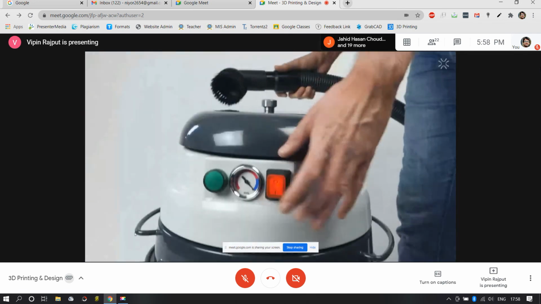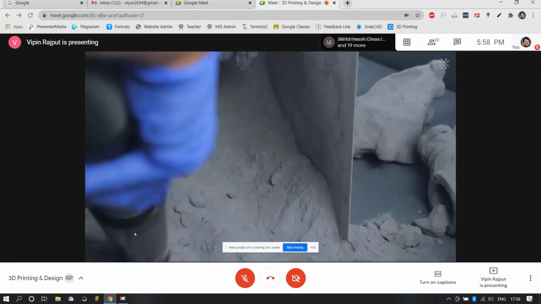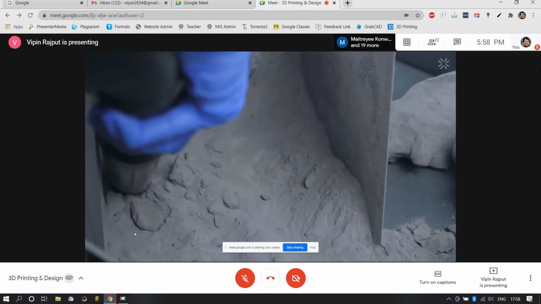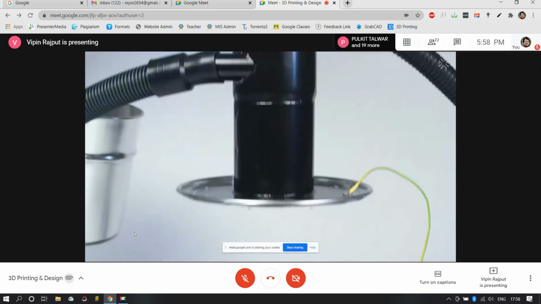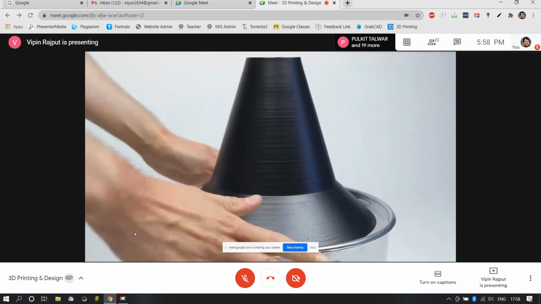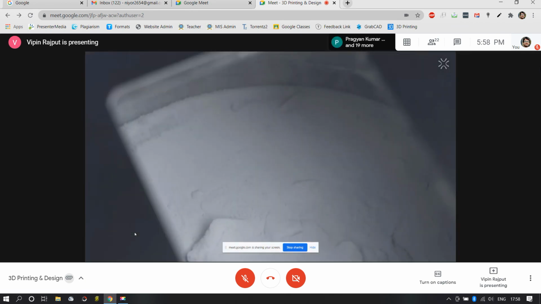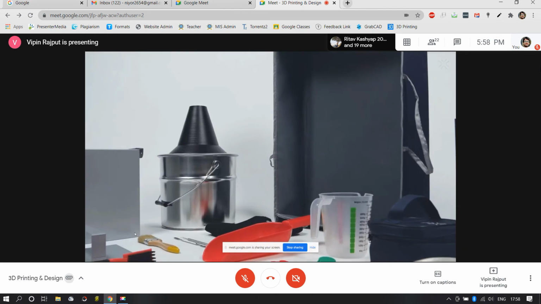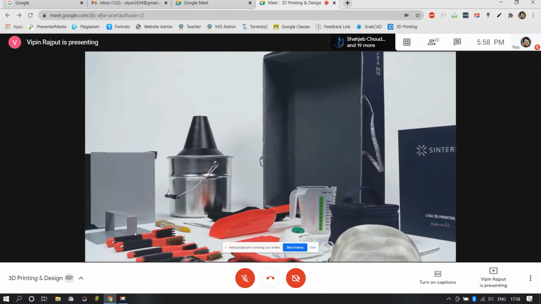The ATEX vacuum cleaner is a fundamental tool to keep your workspace clean, but also to recover the unsintered powder for the next prints. Just disconnect the separator from the powder bucket, attach the funnel to the bucket, and fill in the sieve. After a few minutes of sieving, you will have your powder ready for the refreshing process. All these tools come together to make your work clean and easy.